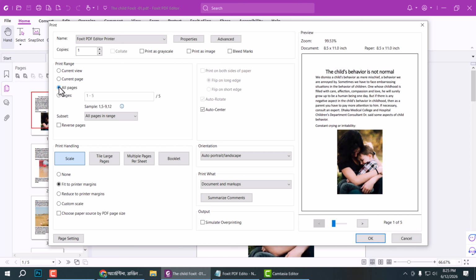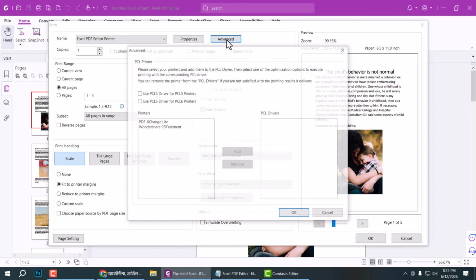You can print all pages or the current page, and fit to printer margin or not. You can print as a booklet, tile, or large space. Also, you can print as grayscale or print as image. You can add bleed marks and so on. And there's the advanced option